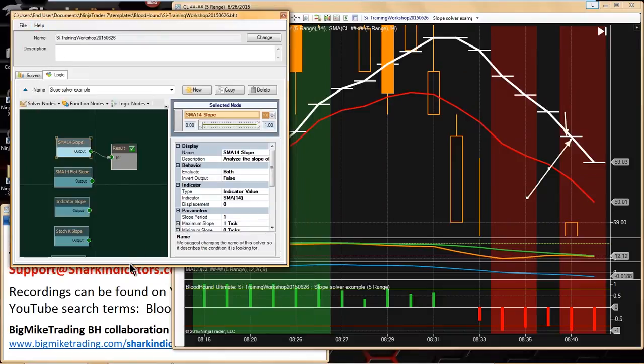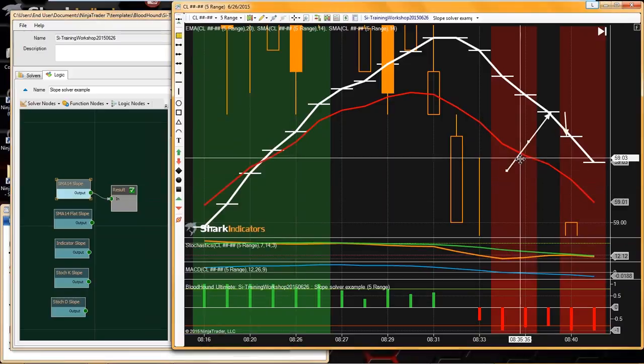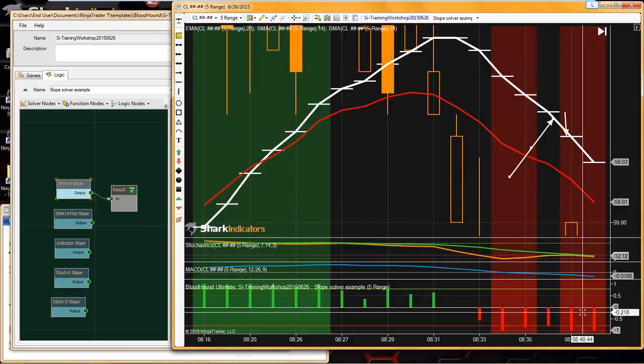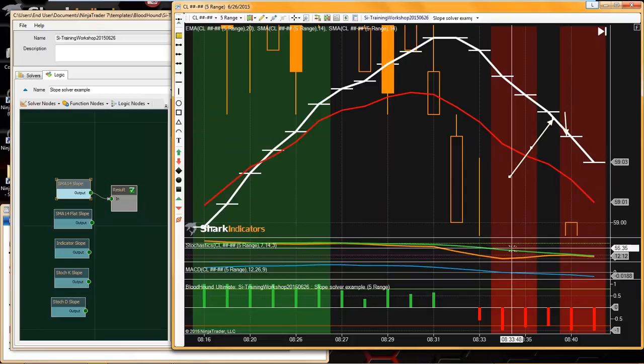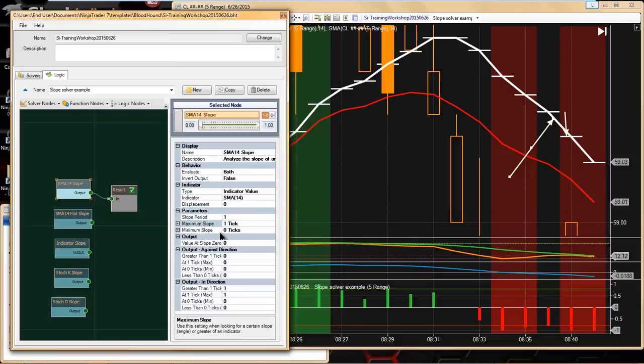And if we look at our slope solver, remember I set the maximum slope to 1 tick. So we do need a 1 tick movement in order to get a racing stripe here, or in order to get a signal. All right, so that's kind of how the slope is measured. So now back to actually using these minimum slope and max slope here. So let's see. If I put this to 1/4,